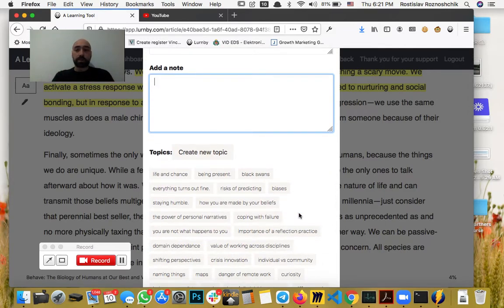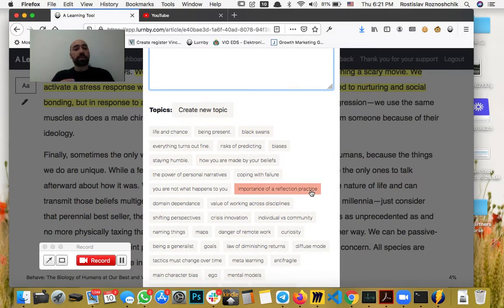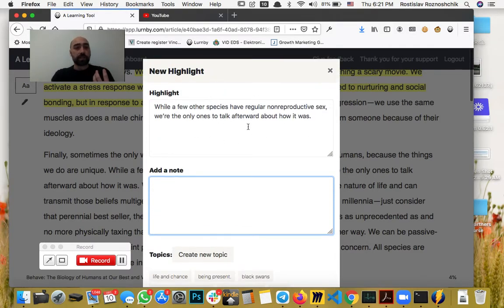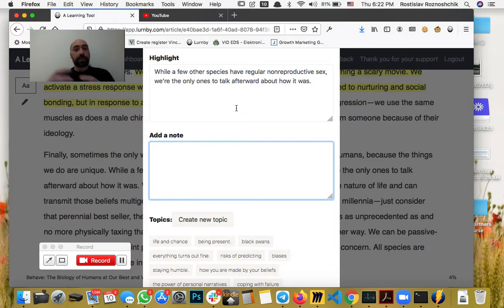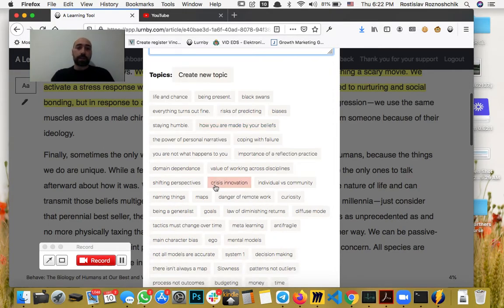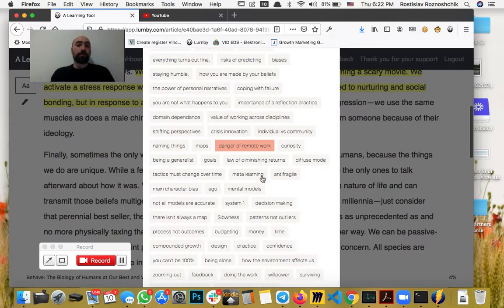In scientific terminology, this process is called chunking, where you're connecting ideas together. The whole point of it is that this idea is connected in some form or other to a lot of other ideas, quotes, and things I've read elsewhere, and you're building these chunks in your head. The way I initially chose to approach this was simply giving you the chance to create these topics and then showing them here.